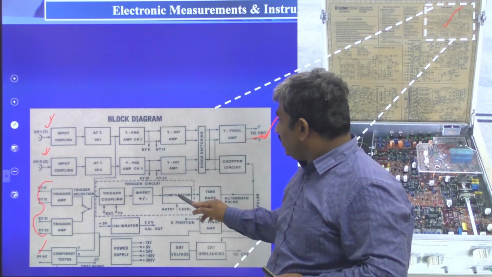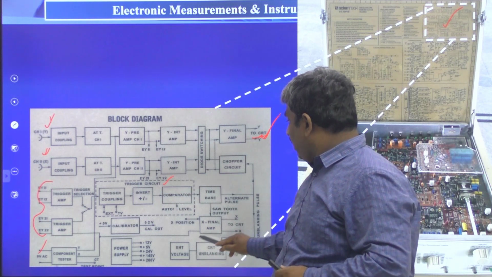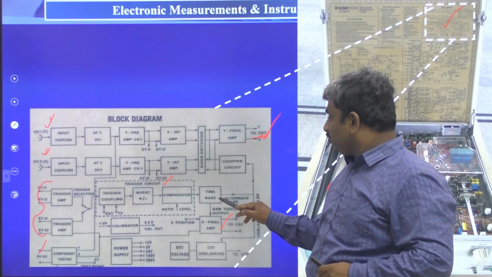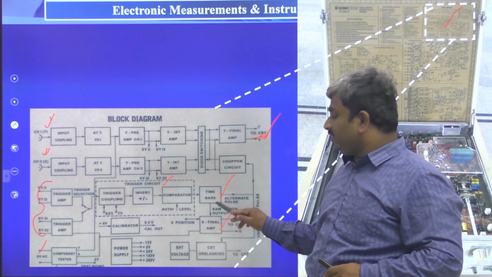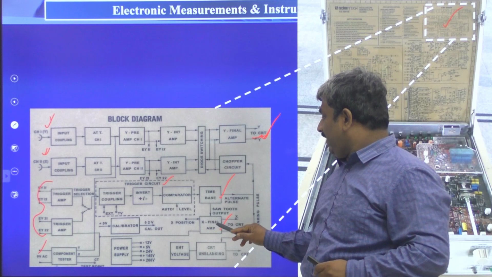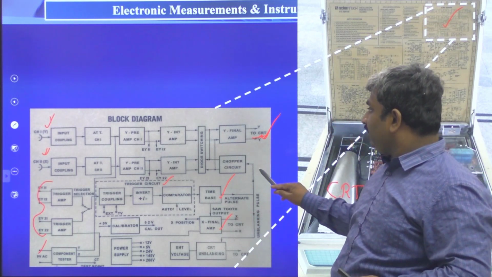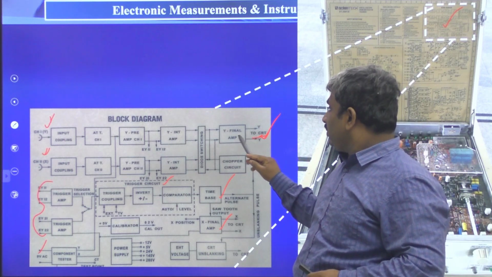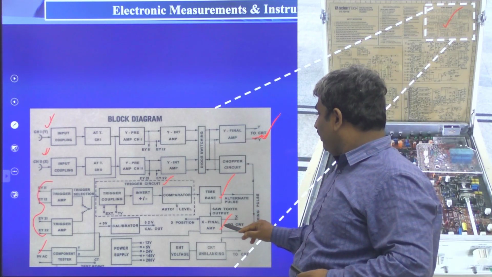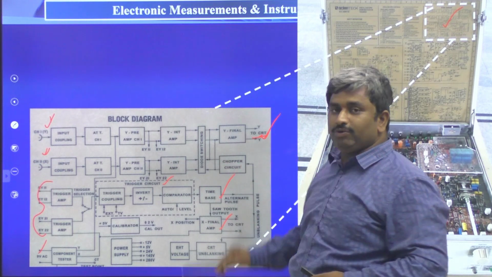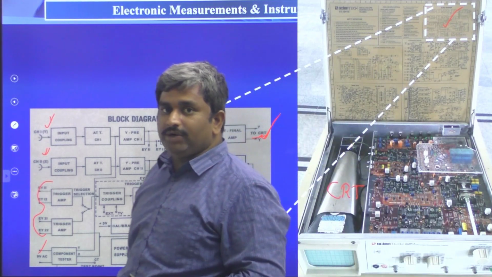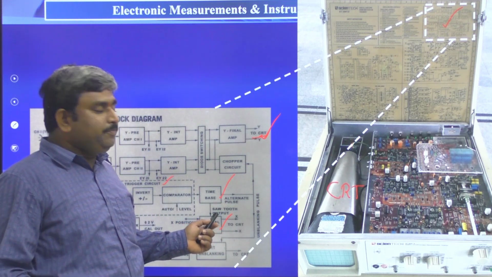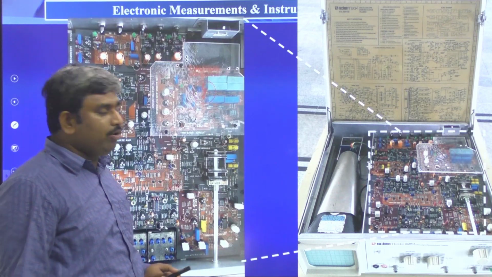And here we have some triggering circuits, and we have the X final amplifier, that is, the time base generator. So this is the time base generator, and for it we have an amplifier. This information we connect again to the CRT. So the Y final amplifier and X final amplifier are both connected to the CRT tube, the cathode ray oscilloscope tube. Let us see more clearly the CRO block diagram.